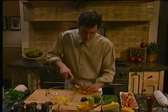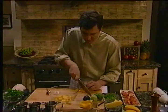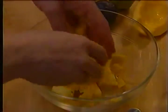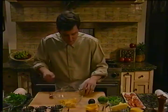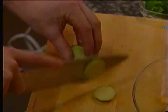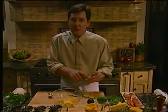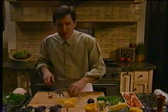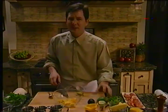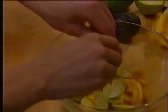And really, this is part of the fun. Cutting these things, imagining as you go, how am I going to put these together in terms of serving it? Well, we're just going to do it in a family-style way. Just serve it up. So I've got the guava, the pineapple guava. You see the seed in the interior. That's edible. Really, the only thing that we might want to avoid is the skin. The skin is edible on a guava like this, but it tends to be just slightly chalky, so I do avoid that. We'll just cut these into small pieces, little discs, add these to the bowl,